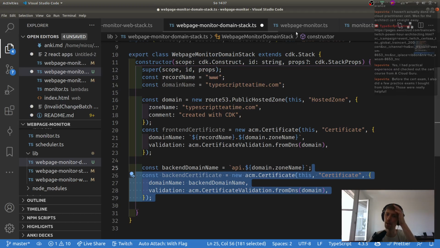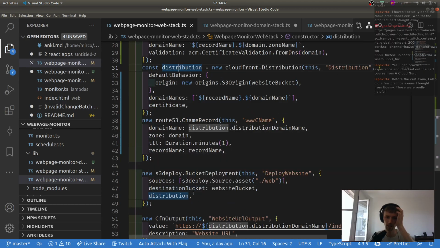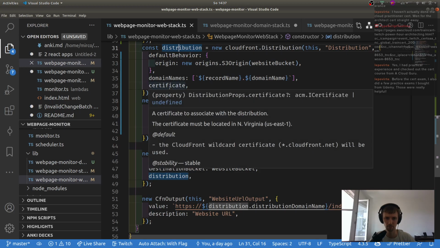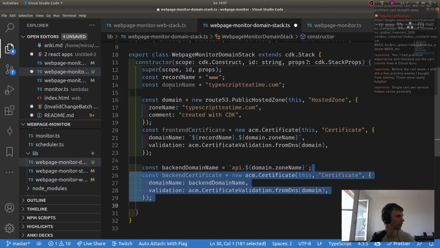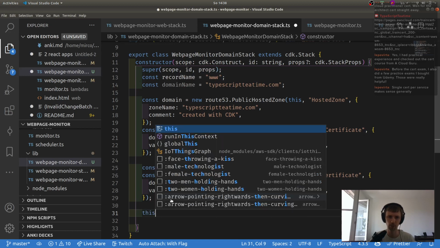But it might make a difference for our other services, the API Gateway as well as CloudFormation. Maybe not, I'm not sure. A single cert per service makes sense generally. What's the benefit of that? I mean, yes, security is useful. But why is that actually useful? In either case, what we can do here,